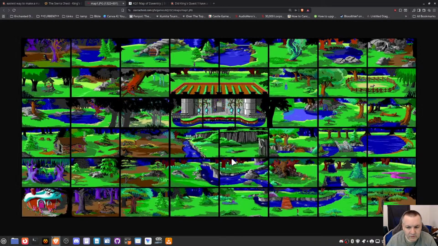Daventry, the main Daventry one. Interesting. You don't really realize it, but if you look here, only the bottom half of the castle when you go into the castle. And that's because of the way that they did it, right? It still kept this 8 by 6 layout though, right? So